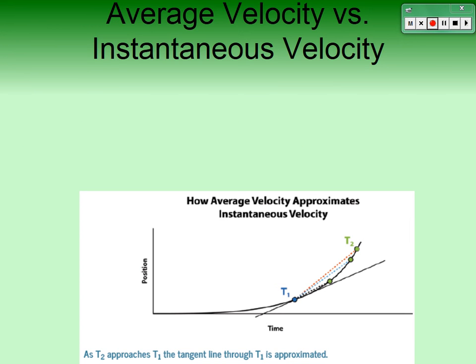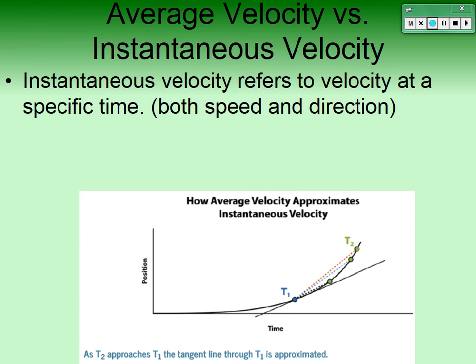So average velocity versus instantaneous velocity. This is kind of the same thing as instantaneous speed that we talked about earlier, but instantaneous velocity refers to velocity at a specific time. It's got both speed and direction. So this graph is showing you position on the y-axis and time on the x-axis. If you plot a position versus time graph,